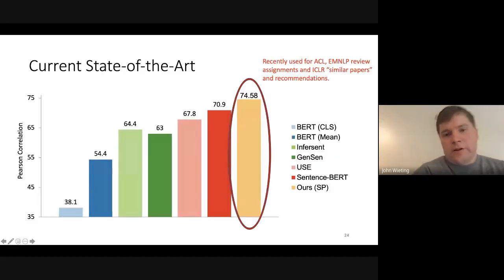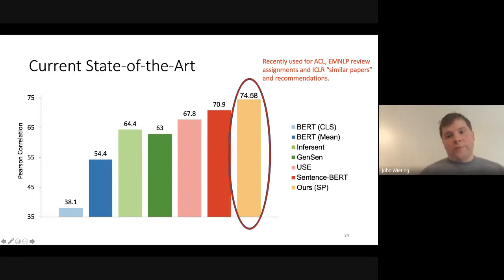So this is actually a new figure, showing where things are currently in 2020. Sentence embeddings are not as popular as they once were, but there are still lots of sentence embedding models available, especially now with BERT. People have been building sentence models like Sentence BERT, which people may have heard of. But in these tasks, despite these evaluations having been around for a while and used in all these papers, this simple model that I'm going to describe next is still state of the art by a strong margin.